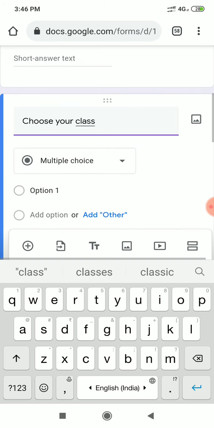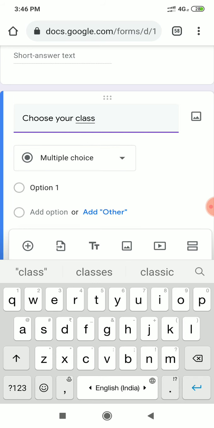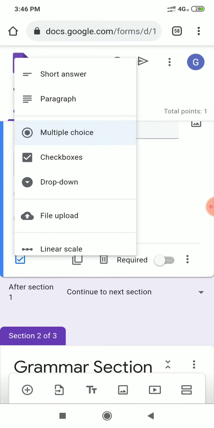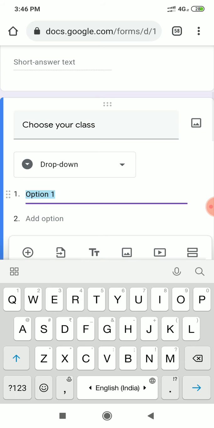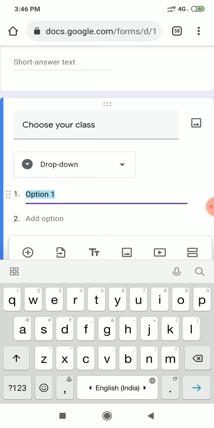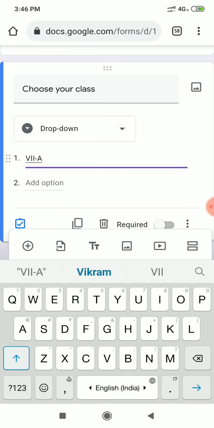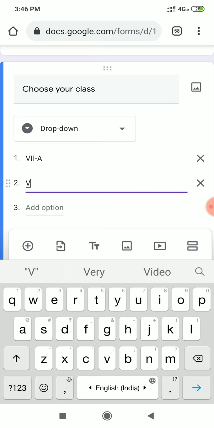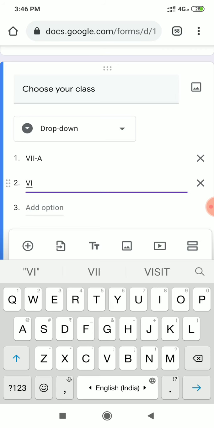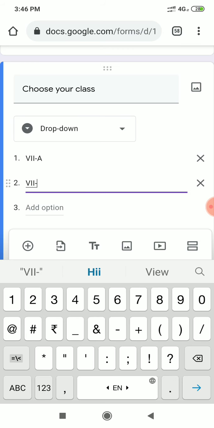Now once I have written choose your class, let it be multiple choice or I can also take it as drop down. Now I will write my classes myself. जितने भी sections हैं that I will mention myself, because when student has to fill it, it may create a problem. Sometimes he writes class but does not write section.